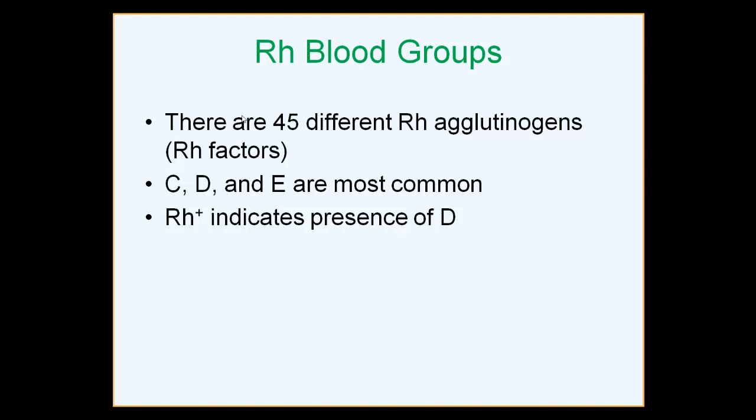erythroblastosis fetalis, and that is where the mother's antibodies against the RH will start attacking the red blood cells of the baby because of prior exposure to the RH in the blood from the first